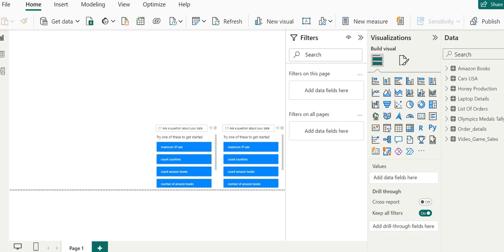But now we will look at loading multiple files at once, all of which are located in the same directory and sharing the same schema. They have the same set of columns. Power BI allows us to load such files in a single go and combine them into a single table. Let's see how it is done.